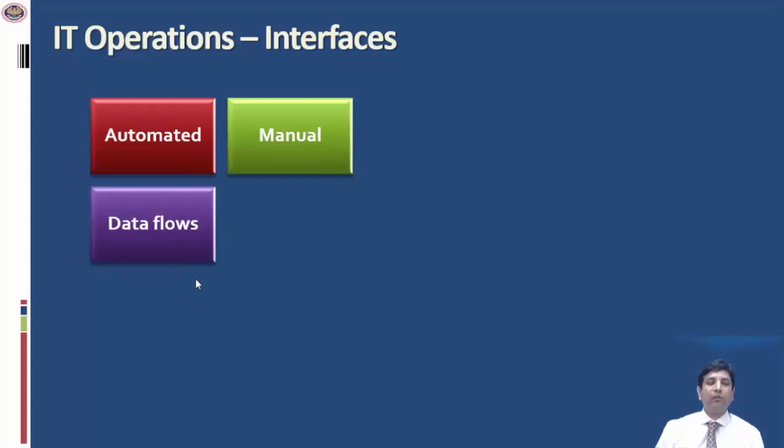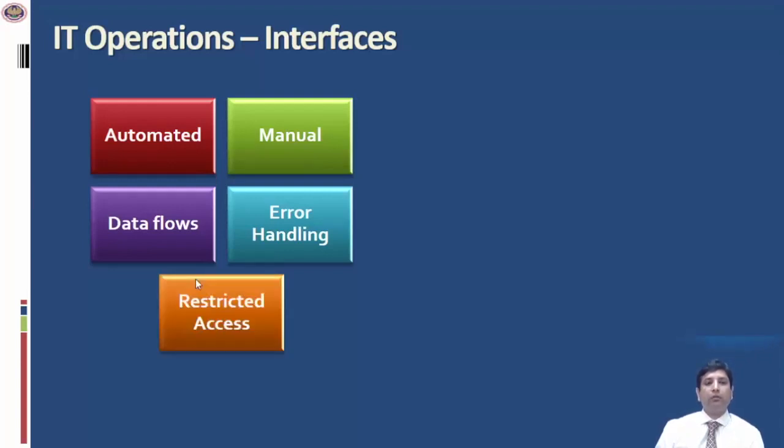So we need to understand the data flows between the various systems and applications. And similar to the case of batch jobs, wherever data flows are happening, it could happen through either a batch job, or through a manual process, or through some kind of automated routine or scripts which are executed at a certain point in time. So whenever the interfaces operate, how is it managed that the errors or the failures in the interface are identified and detected in a timely manner?